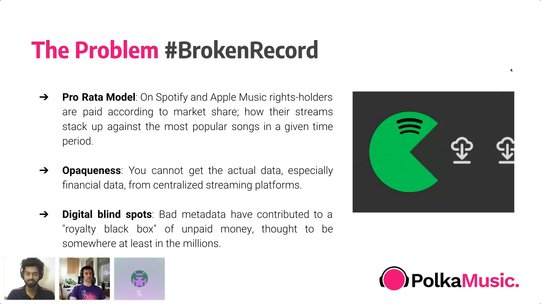And because there are so many databases, they are not compatible with each other. Due to this, when the data and the money make a transition between these databases, some of the data is lost. And at some point, they don't know who to pay anymore because there's some lost data. Such money is put in something called a royalty black box, which is distributed to industry leaders based on market share, such as Sony and other organizations.